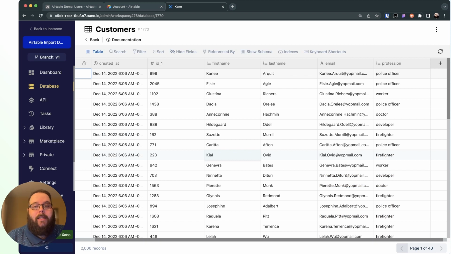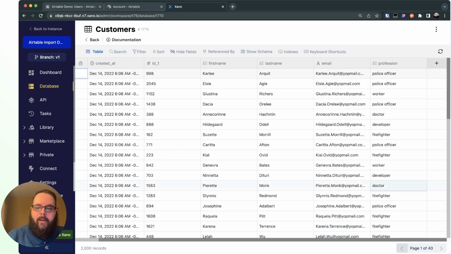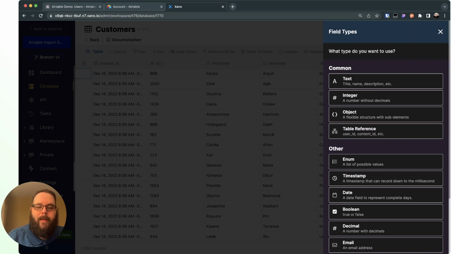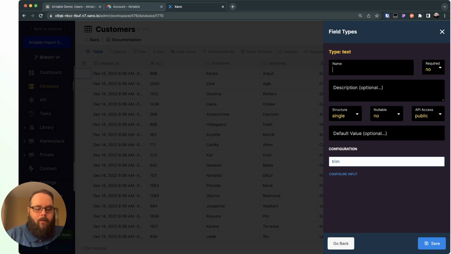Now, obviously, one of the biggest advantages to importing your data from Airtable to Xano is the ability to transform and manipulate this data after the import. So let's say, as an example, I want to take this customers table and create a new field that has the first name and last name put together in a single field. So I'm going to go over here to the right and click this plus sign to add a new column to my customers table. This is just going to be a text field, and I'm going to call this full name,